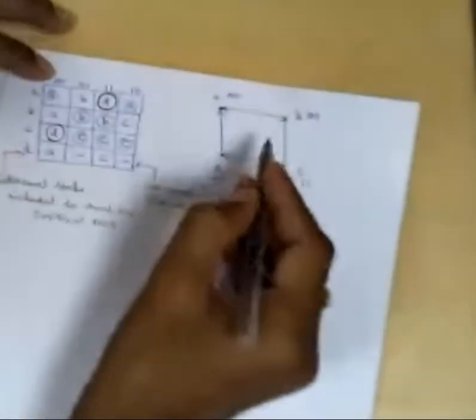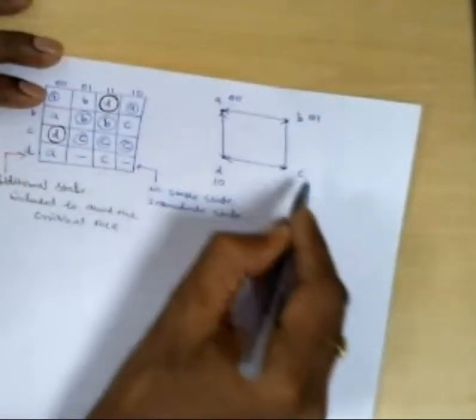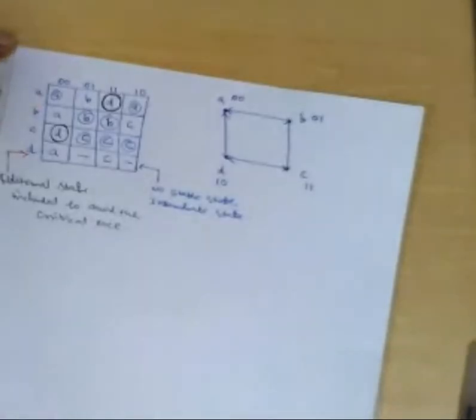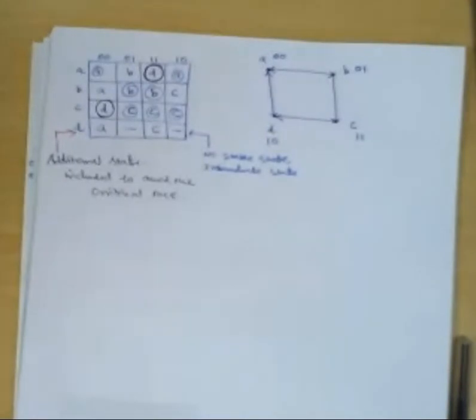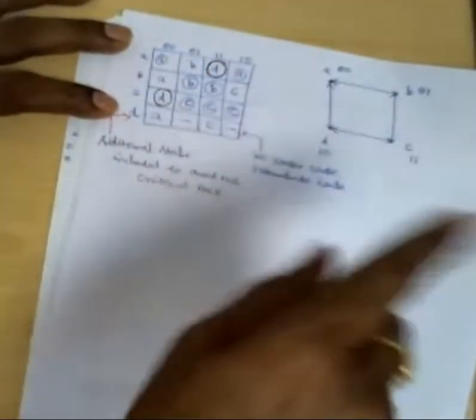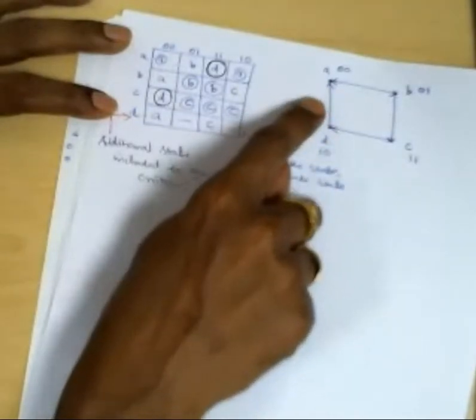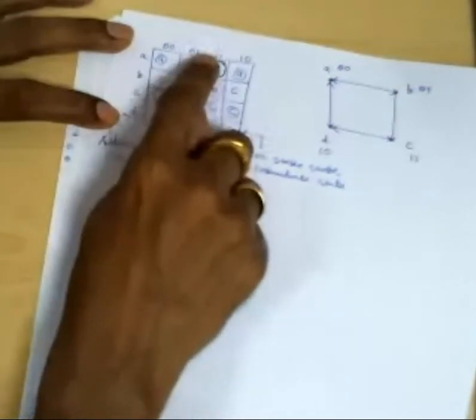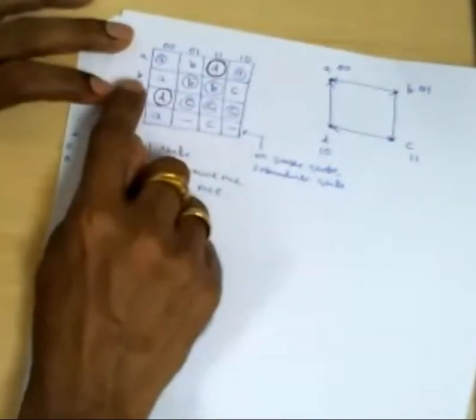So what happened? Instead of forcing the circuit from 0, 0 to 1, 1, because when you force the circuit 0, 0 to 1, 1, there is a chance for the critical race, because we are expecting simultaneously two variable changes in the state. But instead of going to C here, we are forcing the circuit to go to D. D is only the adjacent, only one variable change now. So it will go to D. From D, for 1, 1, we are forcing the circuit to C. Then it will come here and get locked at the stable state C now.